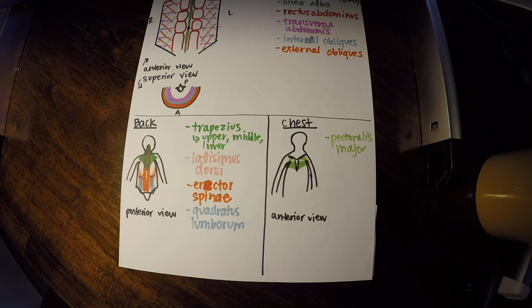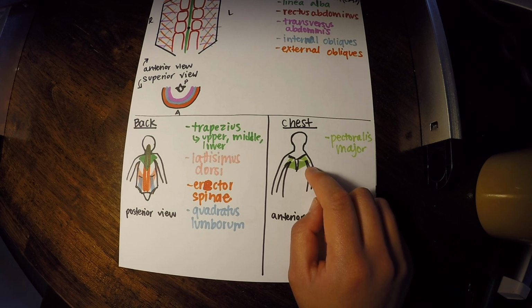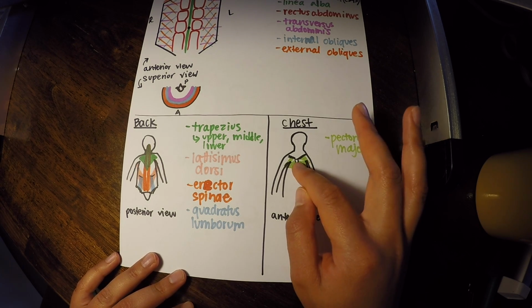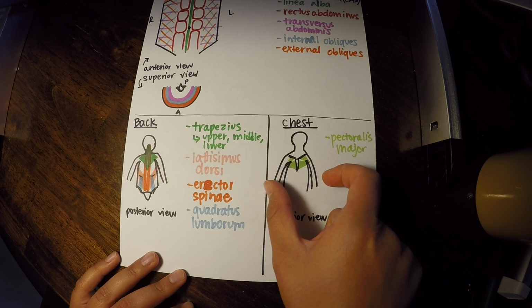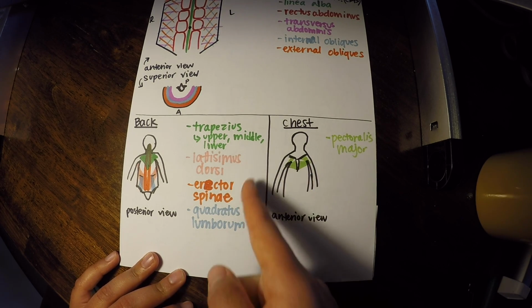There are a lot of actions for that muscle, but I just want you to know that it adducts your shoulder or brings it closer to midline. You could also say it adducts your arm. Either way is correct. But when we're talking about that action, remember that it attaches to our clavicle and sternum and to our arm. So it makes sense that when we bring these two parts closer together where the muscle attaches, like if we bring our arm closer to our sternum and clavicle by shortening the muscle fibers, it's going to adduct our arm or bring it closer to midline on either side.